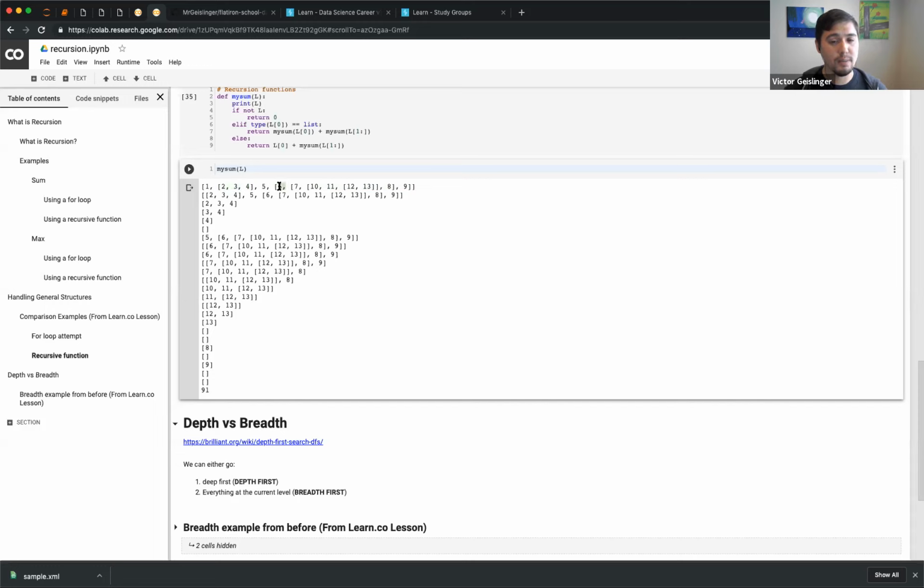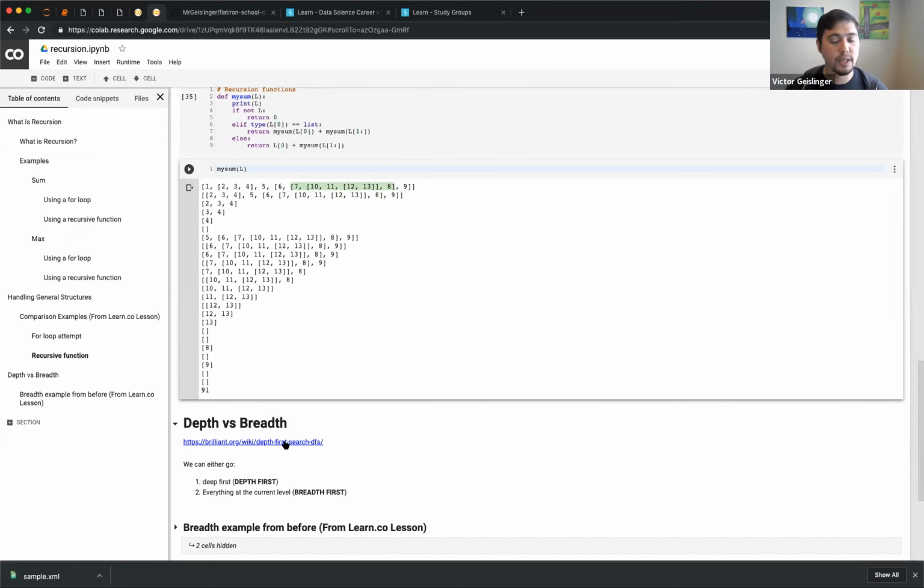Like, okay, first element, that's good, easy. Oh, this is a list within a list. Okay, I'll skip that, save it for later. So breadth is kind of like you're going on the same level first. And then once you're done with the whole level that you can deal with, you go to the second level. Depth first is that once you hit a level, you just keep going deeper. And then once you're done with that level, then you pop back out and see what the next element is.